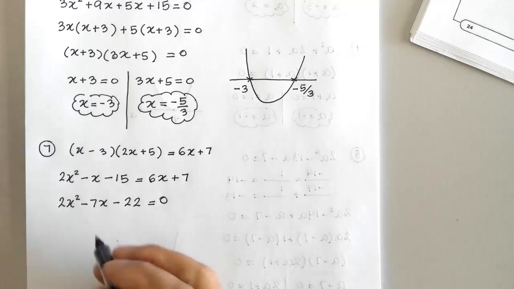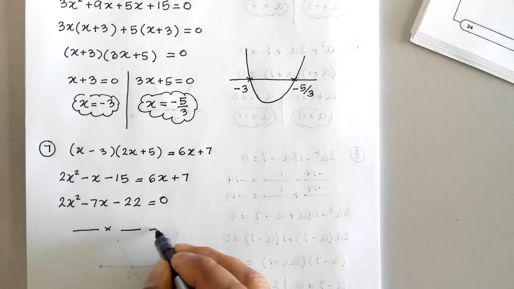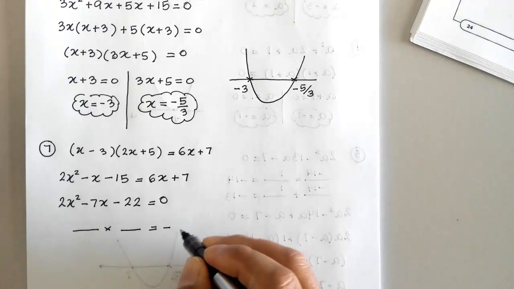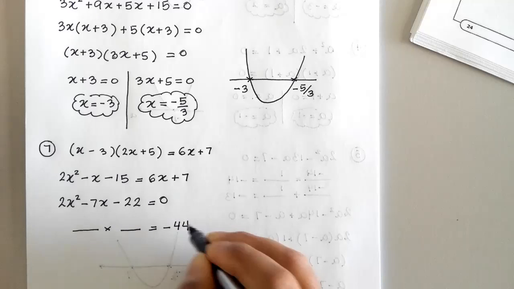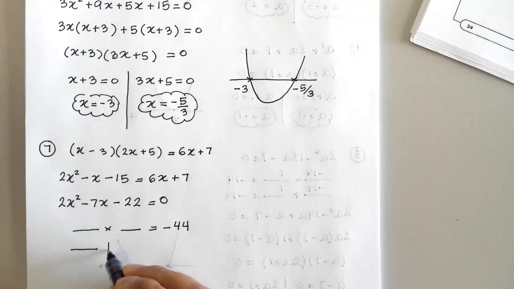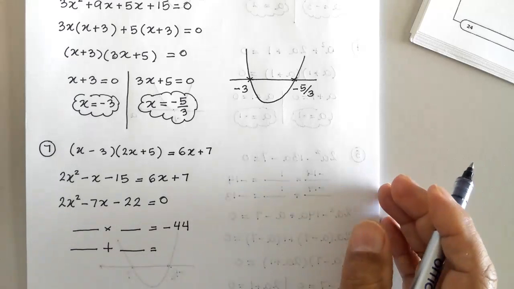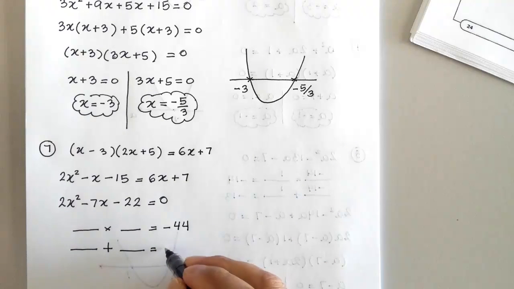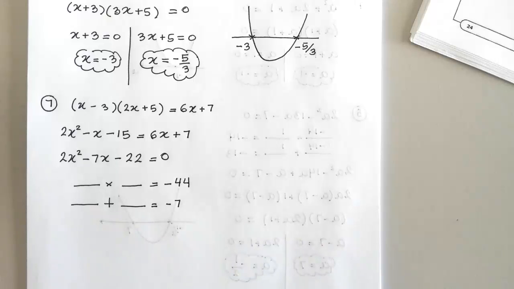Okay, so we need to find two numbers that when you times them together, the answer is negative 44. And in here, we need to find negative 7. So when you plus them together, the answer is negative 7. Okay,